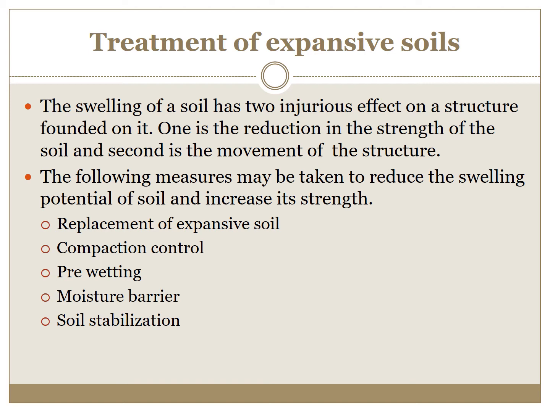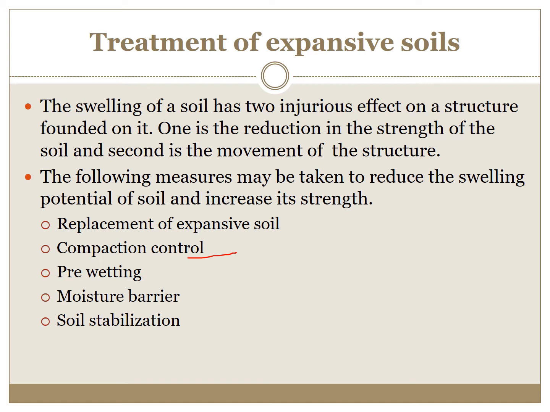Replacement of expansive soil is a very simple and easy solution for slab and footing on expansive soil. In this method, the foundation soil is replaced with non-swelling soil. Experience indicates that there is no danger of foundation movement if the soil consists of 1.5 meter of non-swelling soil underlain by a highly expansive soil. The second method is compaction control. Expansive soil expands very little when compacted at a low density and higher moisture content. So the moisture content of soil should be about 3 to 4% above the optimum moisture content.